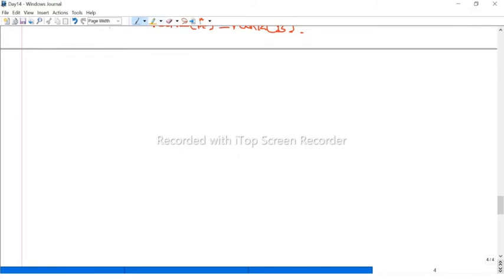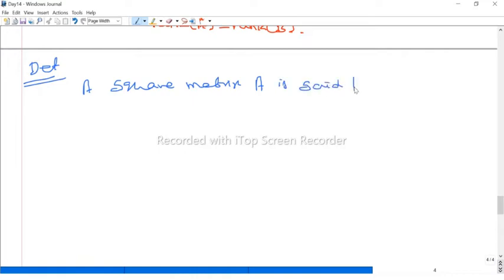So, the definition for diagonalizable: a square matrix capital A is said to be diagonalizable if